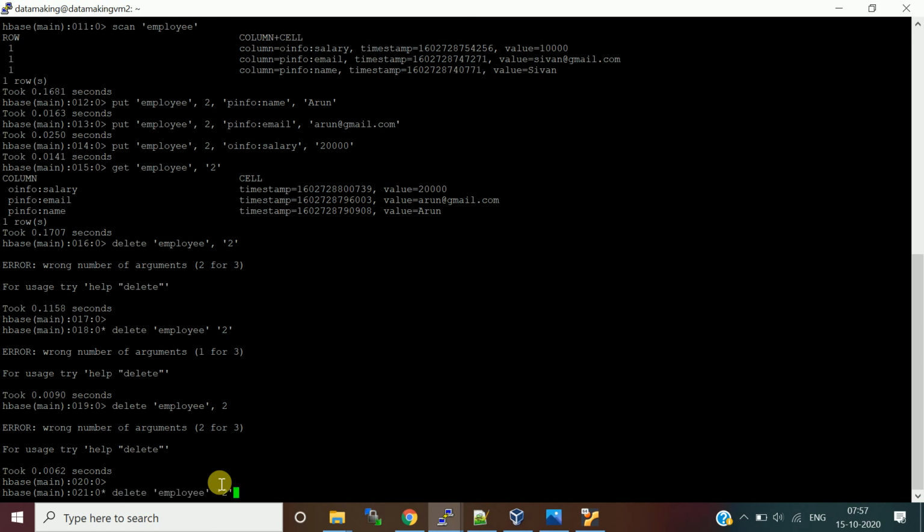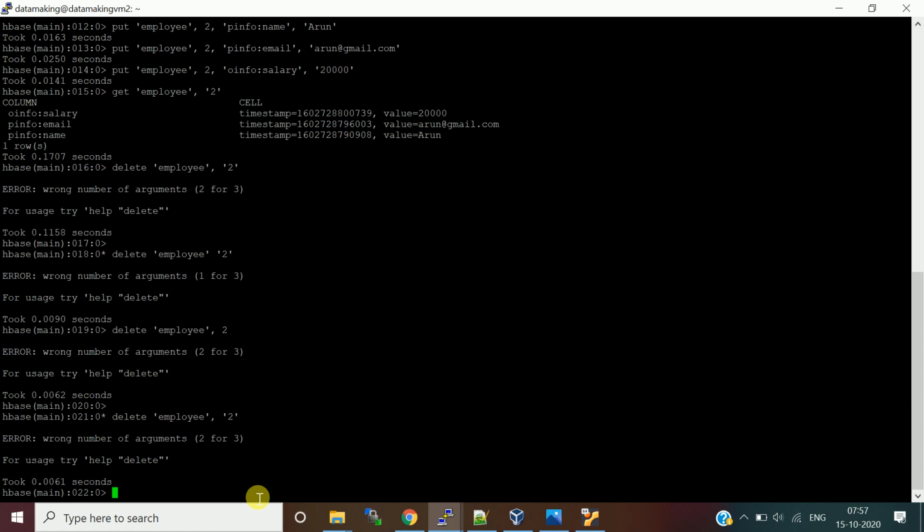It is a wrong number of arguments. Table name and this is a row key. Delete keyword and table name followed by row key should be enough, but it is expecting one more column also. We'll check this later.